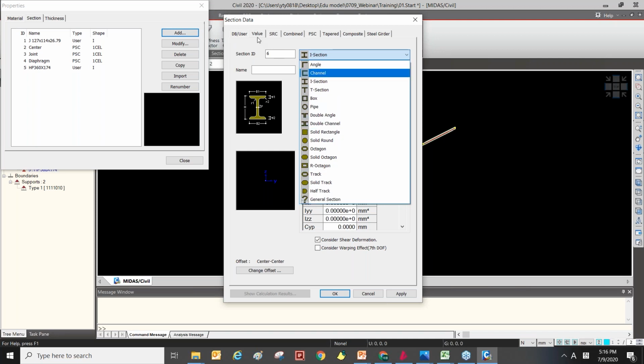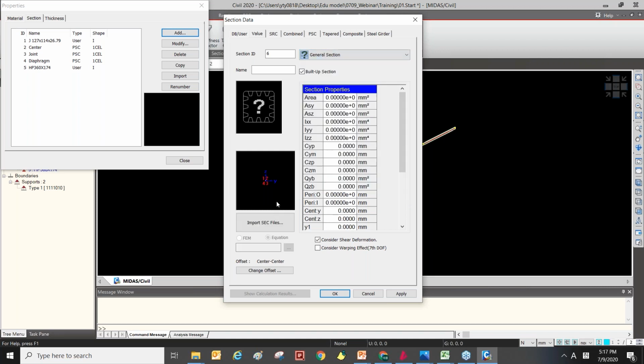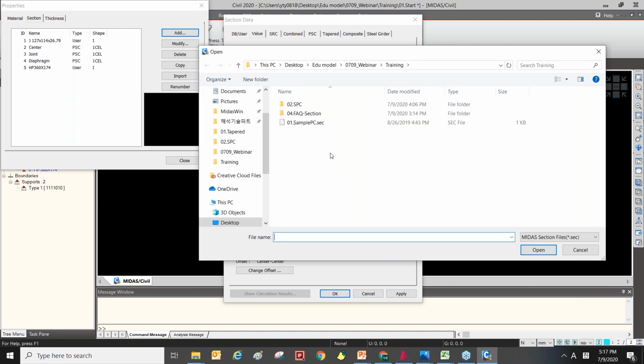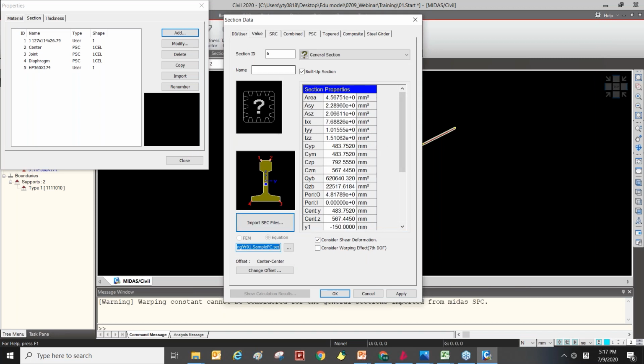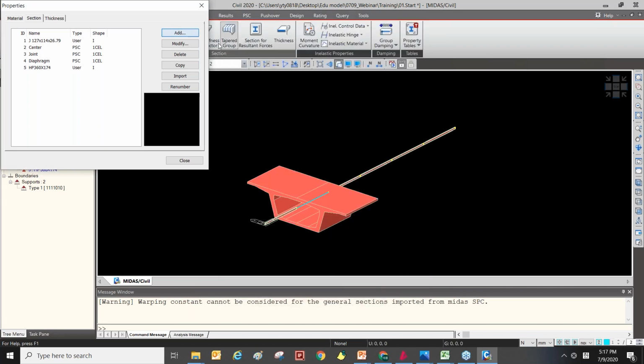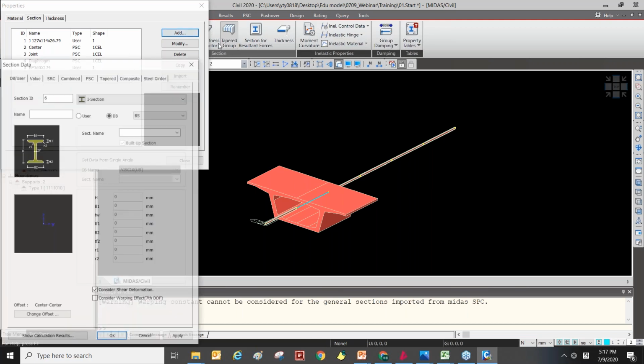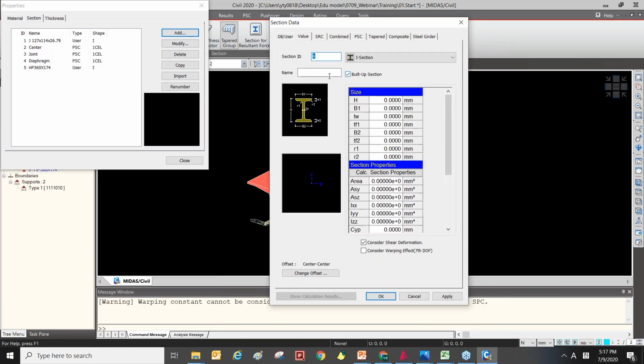Especially in the value type, you can import the section file, which is defined in the SPC sectional property calculator. So you can import your own section file here. And also you can input the section size.